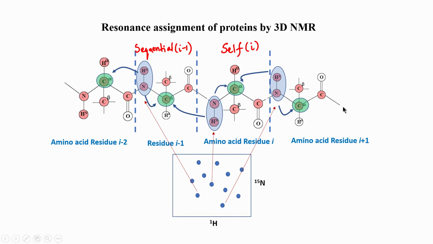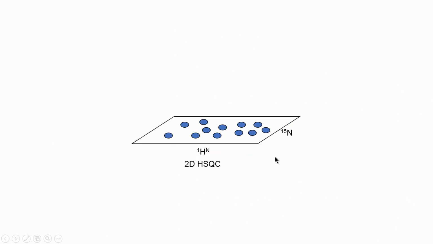Now, one more thing, another reason a break could happen is because of proline. Proline does not have NH proton. Proline is a special amino acid which does not contain NH. So, if that is the case, when I go to the next amino acid, I will not get any peak in the HSQC, because the proline cannot have any peak in the HSQC. There is no NH pair in the proline, and therefore, that constitutes a break. So, now let us continue and see how this assignment is done.